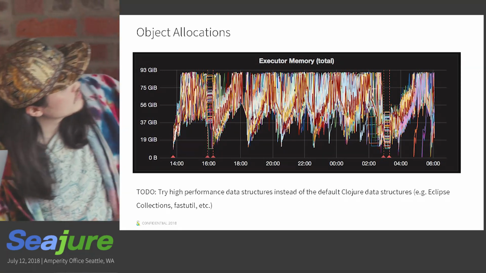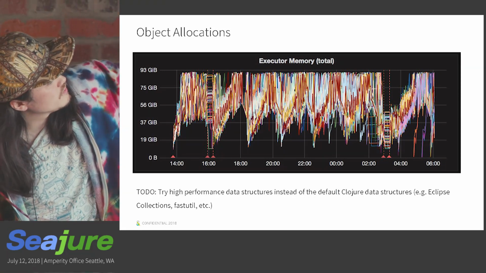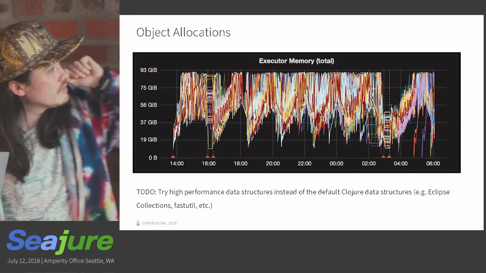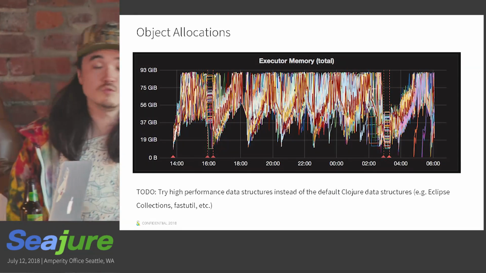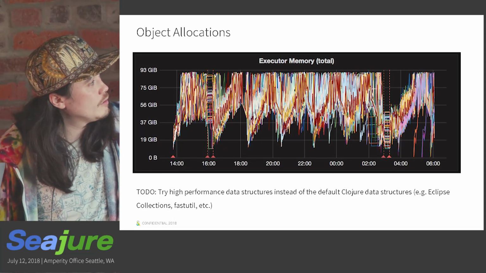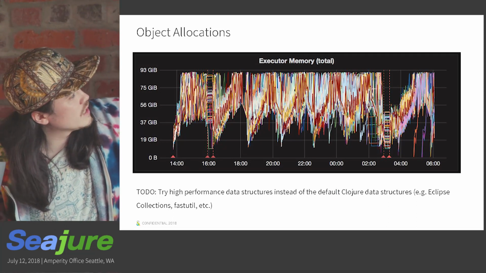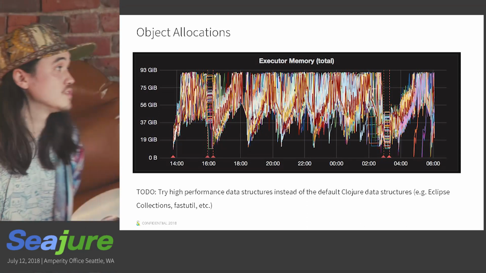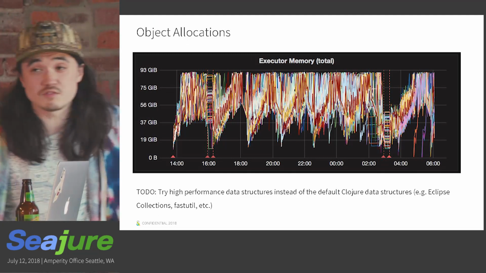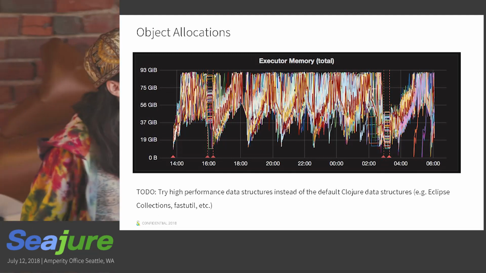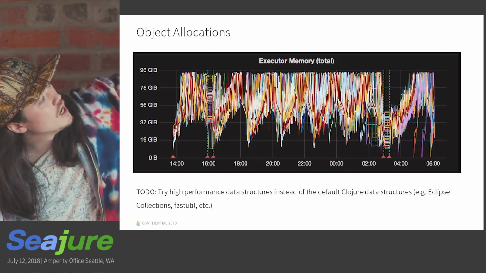So these sharp little jags followed by this big jag. What's going on here, right? If you know a little bit about Java garbage collection, and we're using G1 GC here, these little guys must be the young generation collections. And they do seem to be collecting up a lot of stuff. So we genuinely do seem to be allocating a bunch of stuff that can be easily reclaimed. But eventually you run out of headroom on being able to do those.